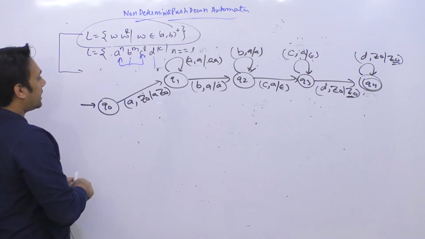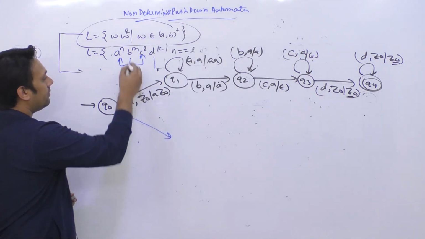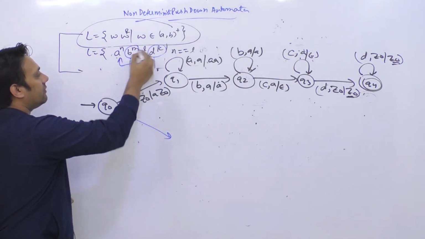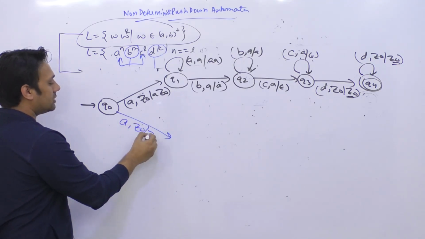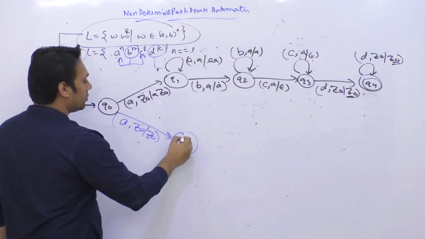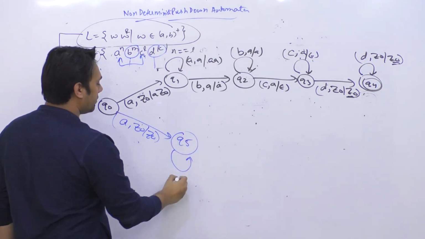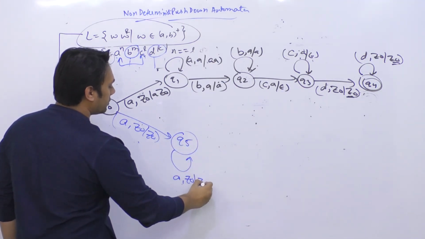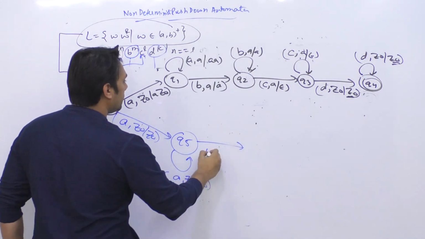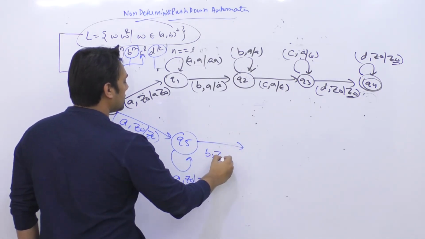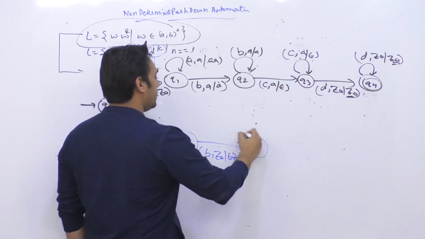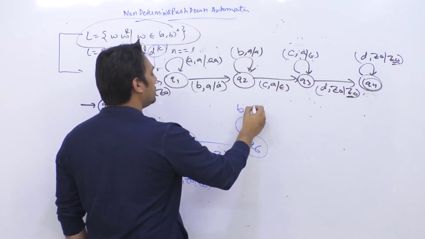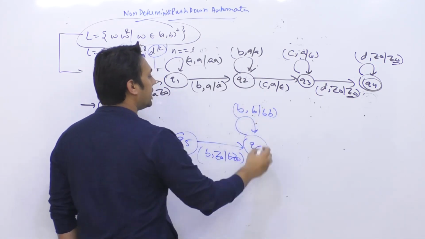But if you look at the second case, when B should be equal to D, and we are not counting A and C. In that case, in the beginning, if you get an A, do not insert A onto the stack, go to the state Q5. You can now get n number of A's, do not insert any of the A onto the stack. As soon as you get a B, you insert this B onto the stack. You can get n number of B's, so insert all these B's onto the stack.